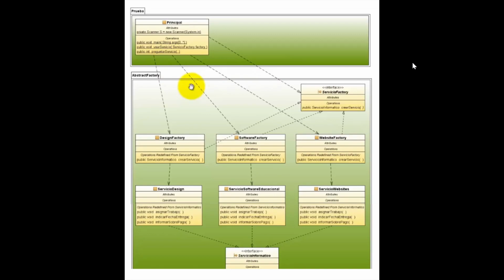In this case, this program has been split in two packages. The first package is the principal class, and the second package is the abstract factory method. In this method, the principal class implements the abstract factory. The abstract factory method is split in four instances. The first instance is the abstract factory